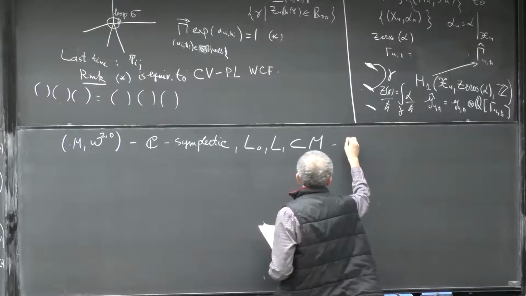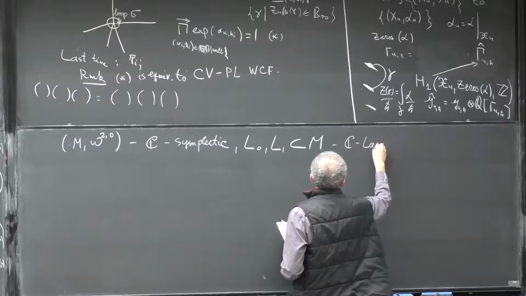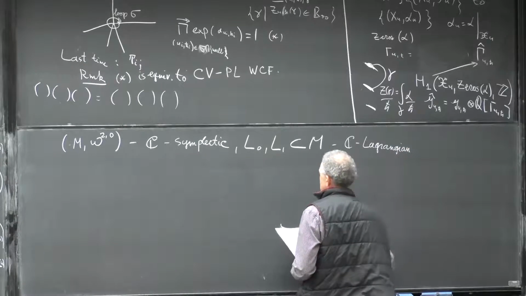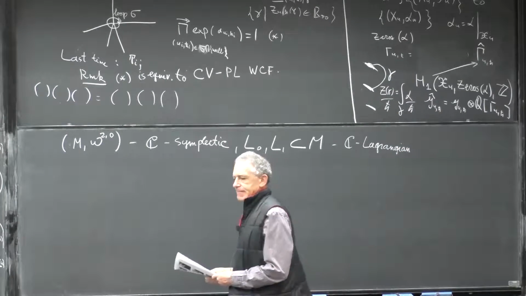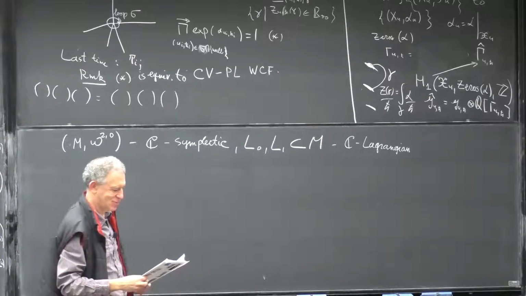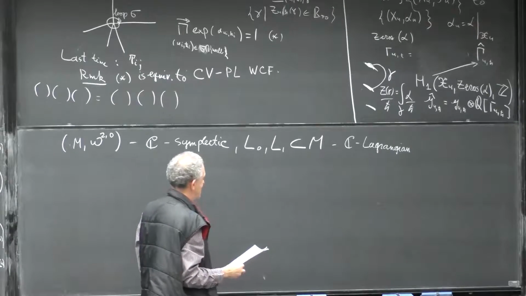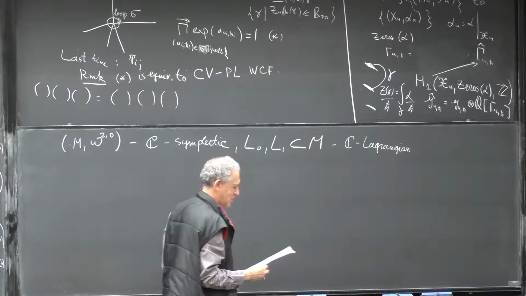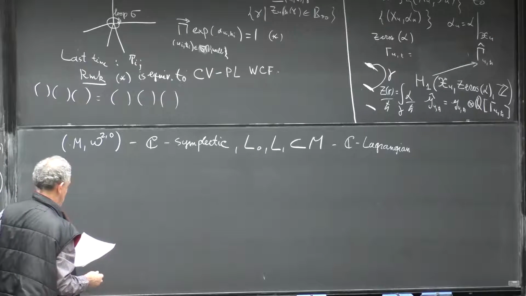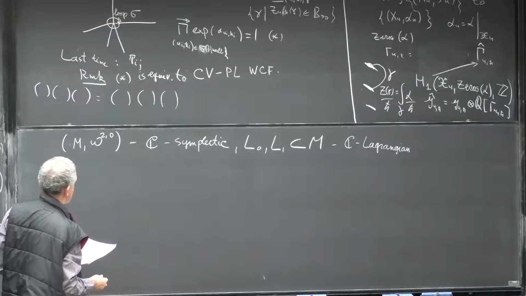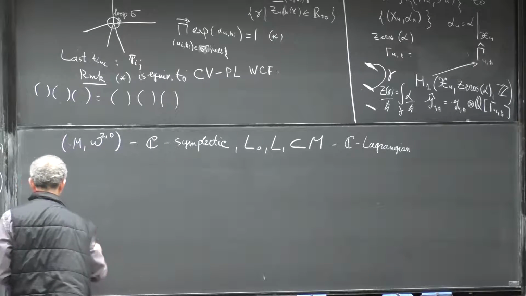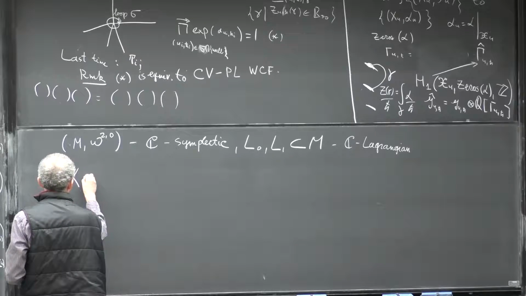These are Lagrangian submanifolds. Actually, maybe submanifolds is too strong a condition. Maybe it's enough to have them just Lagrangian subsets, allowed to have singularities. So now define the space